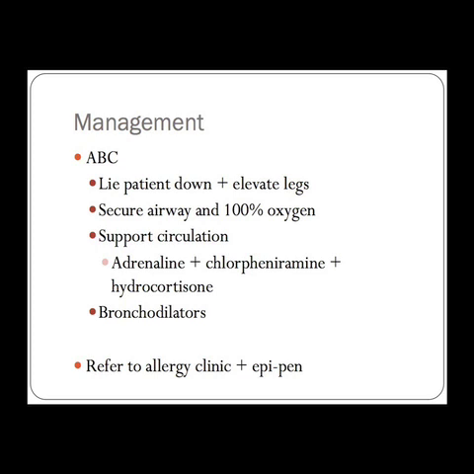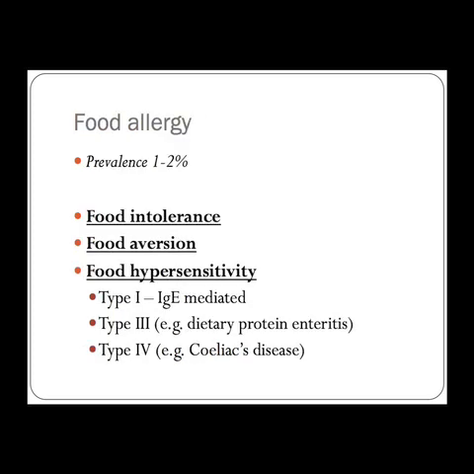First of all, food allergy. It's interesting to note that 20% of adults think that they have a food allergy, when in fact the actual prevalence is around 1 to 2%. We can split up adverse reactions due to food into food intolerances, such as food poisoning and enzyme deficiency, such as lactase, food aversion, such as fads and eating disorders, and food